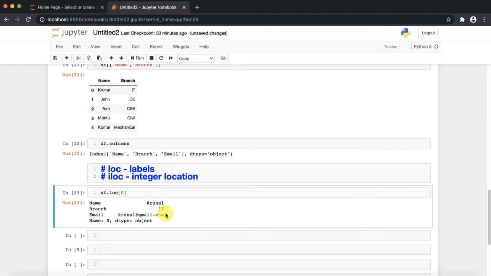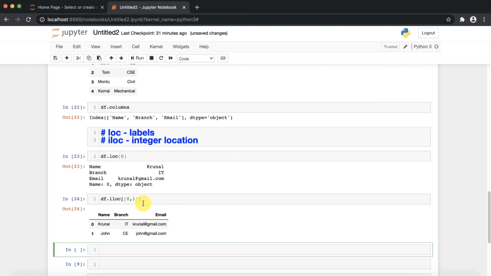Now let's print the first two rows of the data, like df.iloc of 0 comma 1. Then it will print the first two rows.